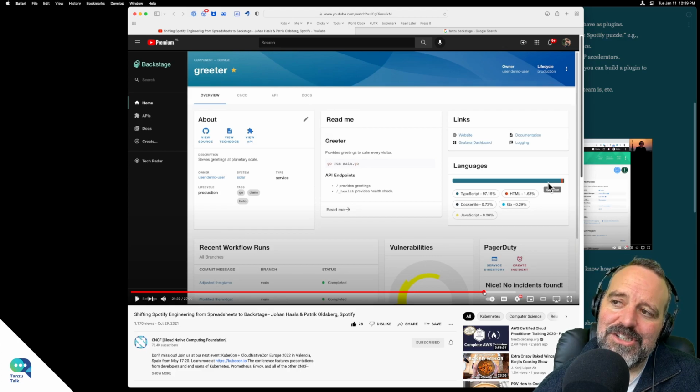So you can imagine you're like, all right, I want to use that service. And you go here, and this is going to be your view into figuring that out. I'm imagining you can go to the API and the docs to kind of see how to use it. You can see like the status of the project, how it's working, how it's even running, which is kind of interesting for discoverability. About the languages used in this component.